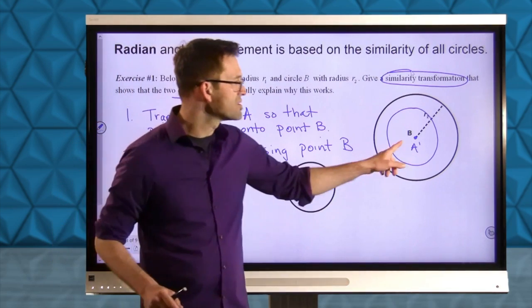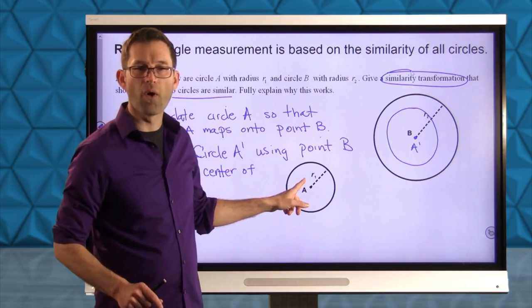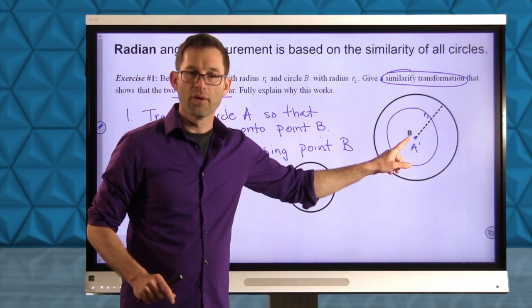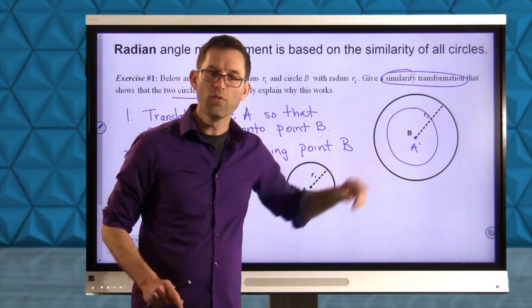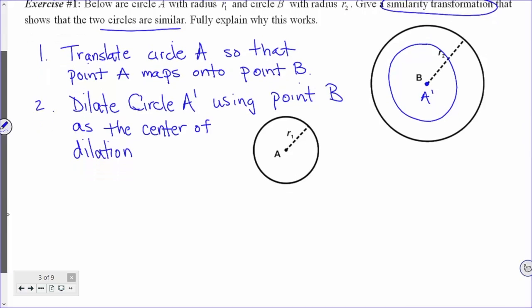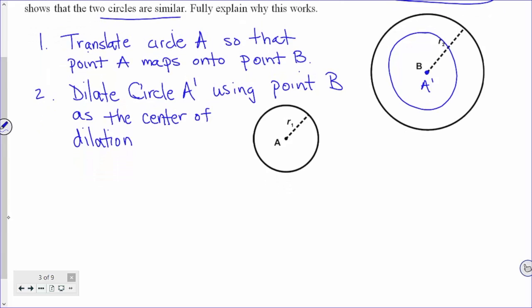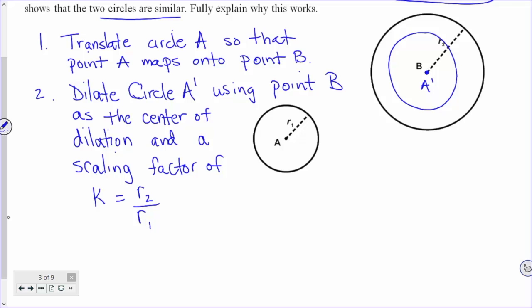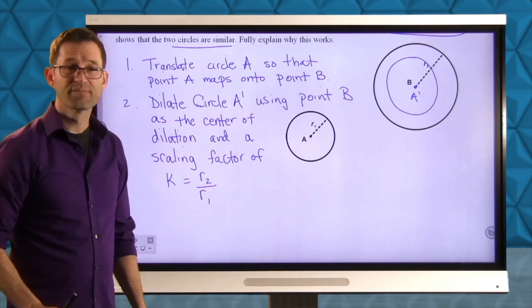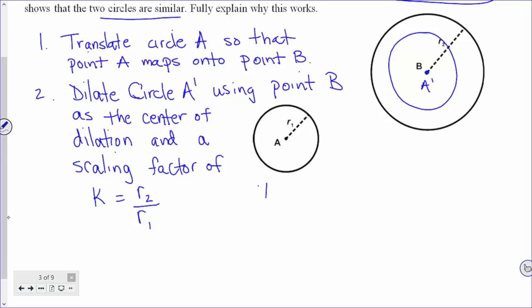Right now, all the points on circle A prime are a distance of R1 from that center, but I want them to be a distance of R2 from the center, so I'm going to use point B as the center of dilation and a scaling factor of, remember we typically use K, R2 divided by R1, right? Okay, and this works